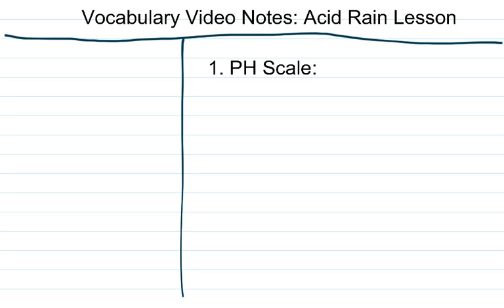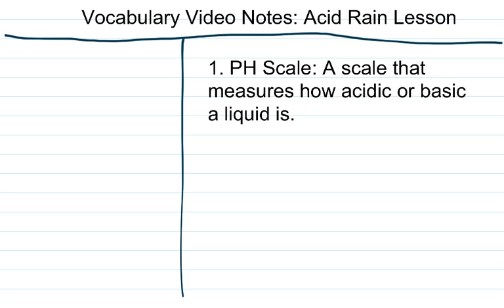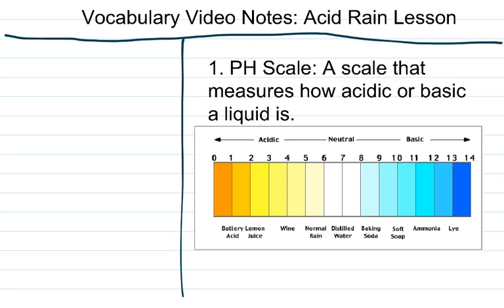So the first term will be pH scale. pH scale refers to how acidic or how basic something is. So here's the definition. It's a scale that measures how acidic or basic a liquid is. For example, let's look at the actual picture and then you'll draw it after a minute. And if the video is going too fast, remember to pause it, rewind it if you have to, and then catch up. So every liquid in this world, and out of this world, can be categorized as very